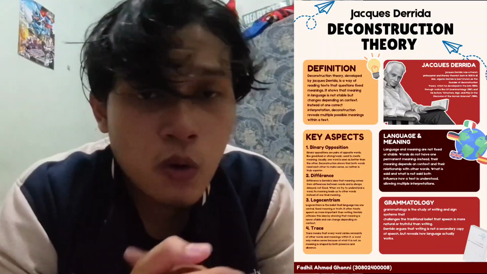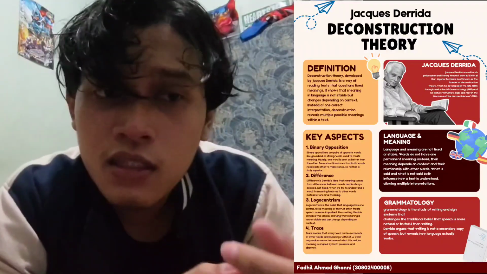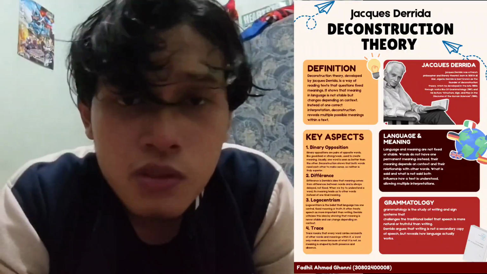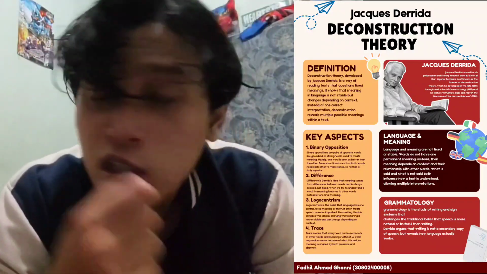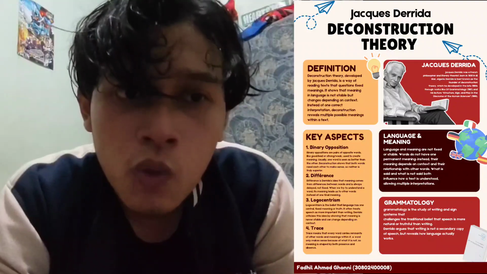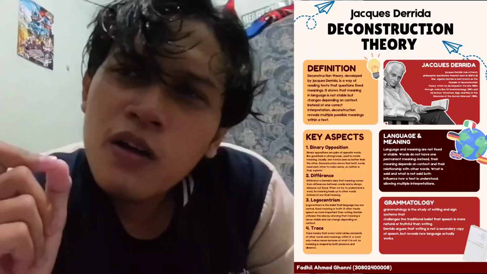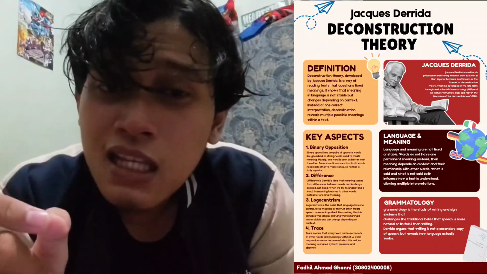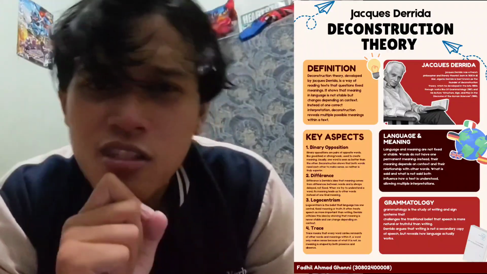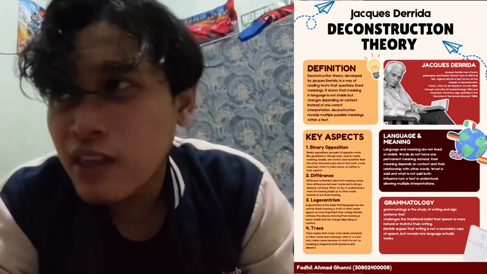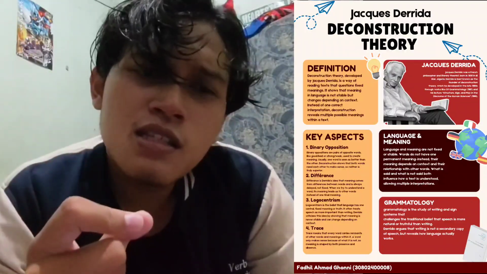Okay, so the second key aspect of Derrida's deconstruction theory is différance. So what is différance? Différance is Derrida's idea that meaning comes from a different word, which is delayed and never fixed. When we're looking for the meaning of a word, it usually leads to another word instead of making a final definition. For example, the word good is not just going to stop at good and make sense. Good means good because there is another word, which is bad. So if bad disappeared, good wouldn't mean anything, and it wouldn't make sense what good actually means.